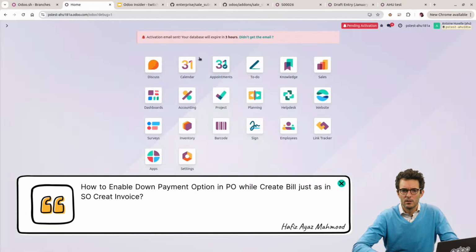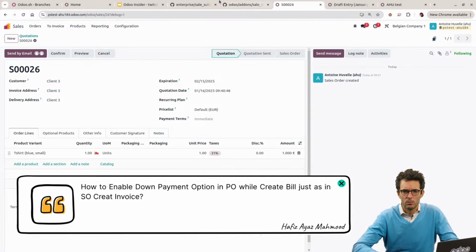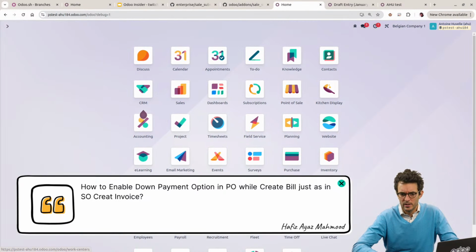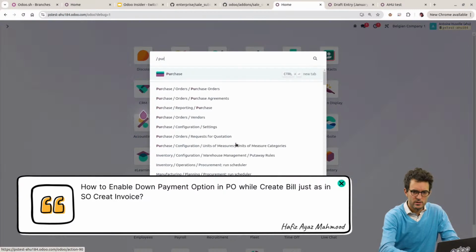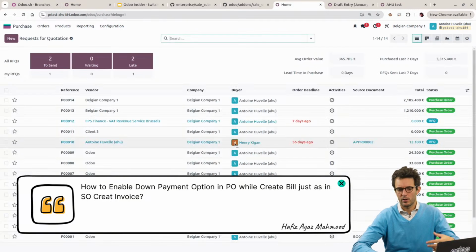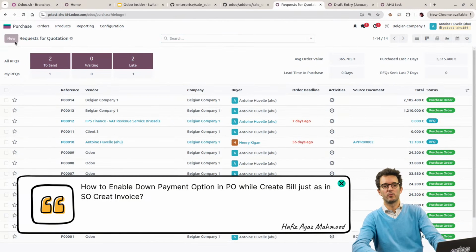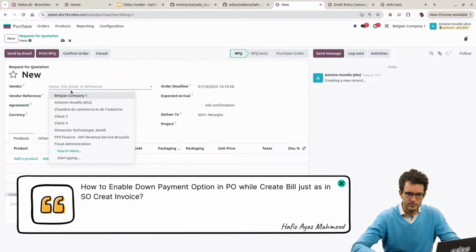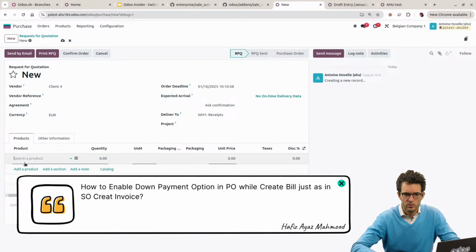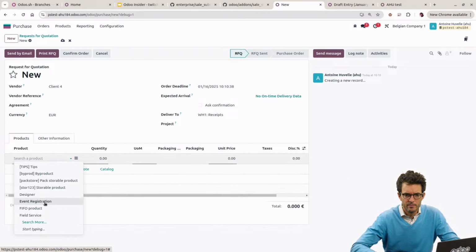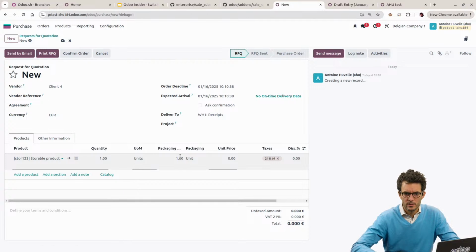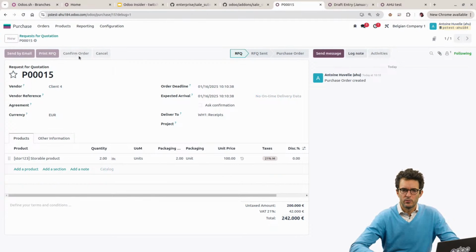So I will reuse my old one. Yes, that's the one. So having down payment options on the purchase side. You would like to have a purchase order with a down payment, the same way we have a down payment on the sale order for the invoices. So let's select any client. Let's put a product, a storable product, whatever. We're good. And if I click on confirm order,